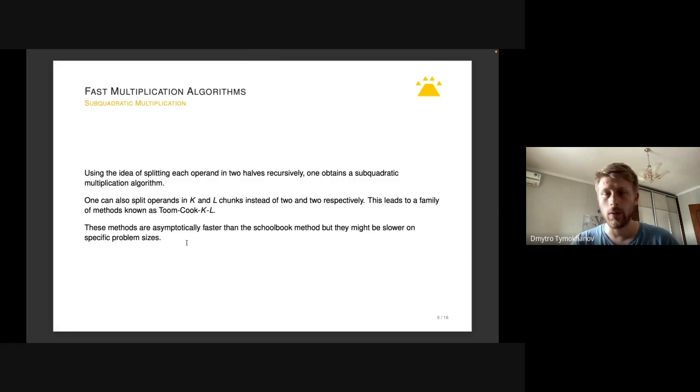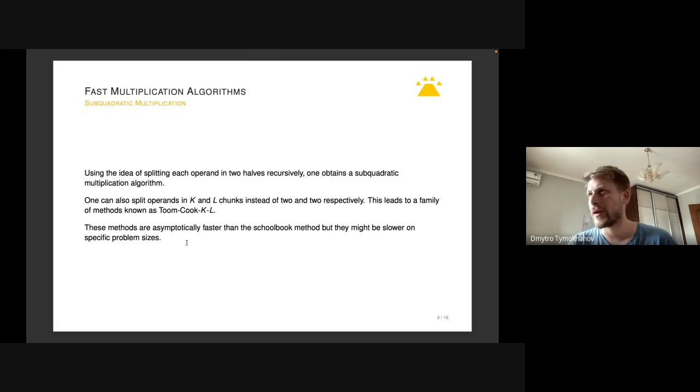subquadratic algorithm. So an algorithm in which the number of both additions and multiplications of limbs, or digits, let's call them limbs, is subquadratic. It's actually n to some power that's less than 2. Okay, but in practice,